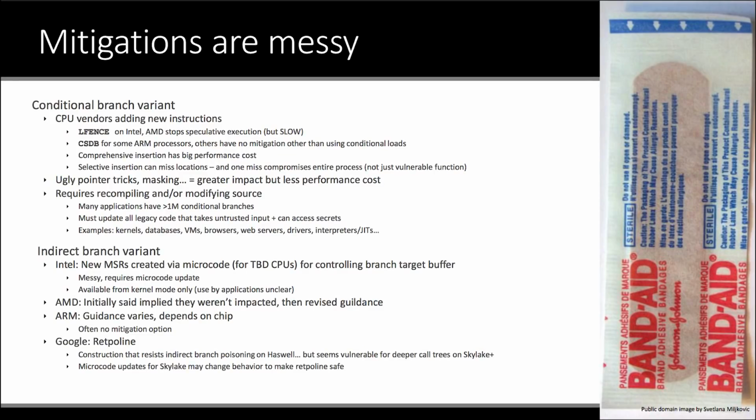There are some ugly pointer tricks. For example, some of the WebKit folks are doing some things where they're basically corrupting the pointers in memory so that if they get used in the wrong way speculatively, they won't be uncorrupted in the right way, and then you can make it less likely that you're going to end up leaking something that you shouldn't. It's got a pretty significant code impact, but that kind of thing is usable, for example, in a JavaScript JIT,